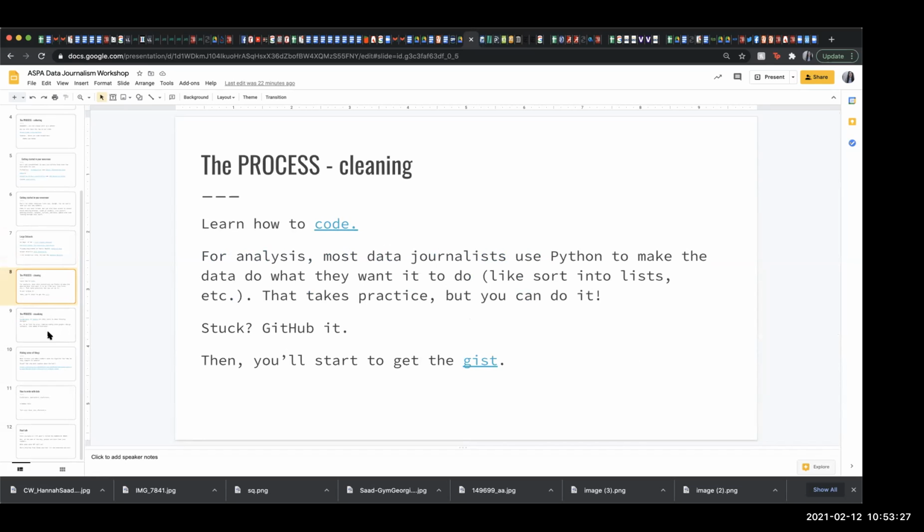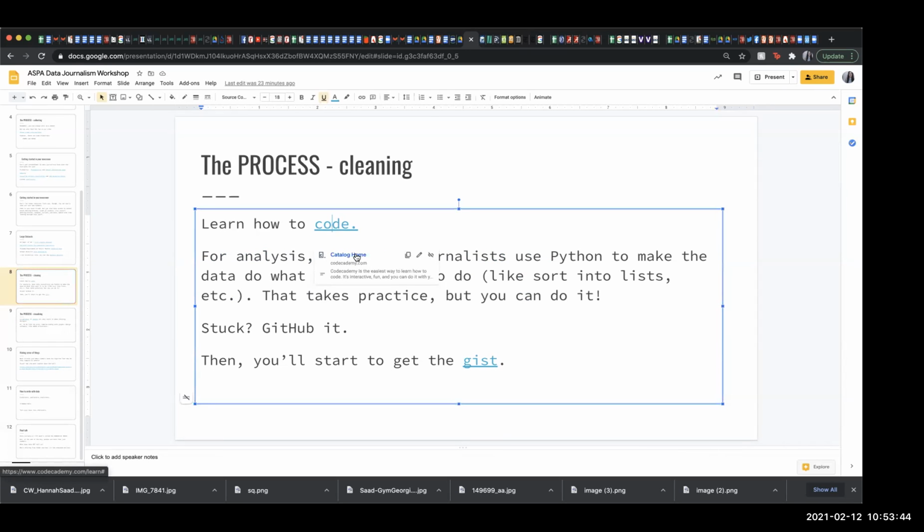Some more advanced stuff that you don't really have to know, but if you really, really like doing this stuff, and if your school doesn't offer a program like this, school didn't teach me how to code or anything like that, and I barely know now, but there are online sites like Codecademy that can teach you how to organize data, especially if you're working with huge data sets. Most likely, if you're just reporting on your own school system, you won't have to get into that. But if that's something that you want to do long term, or if it's something you want to do as a career, it's definitely a good time to start learning how to do those things.